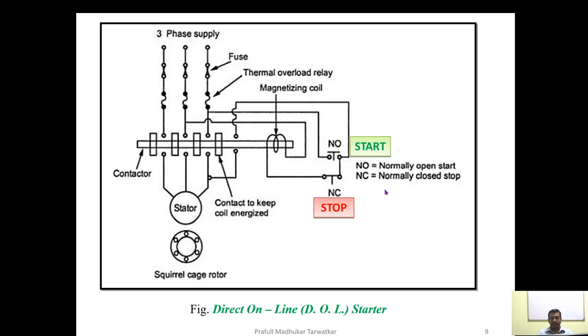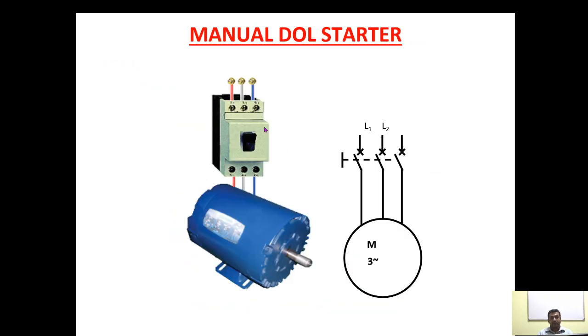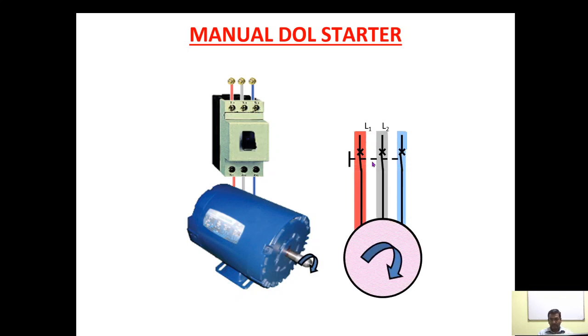Now how does this operate? Let us see the operation. Say for a moment we have a DOL starter. We have a start push button and a stop push button, which is required to be fed to this kind of induction motor. L1, L2 and L3 are the three-phase line terminals. So when I push the start push button, supply is available to the contactor. It gets energized and closes the contact. Thus the motor starts.